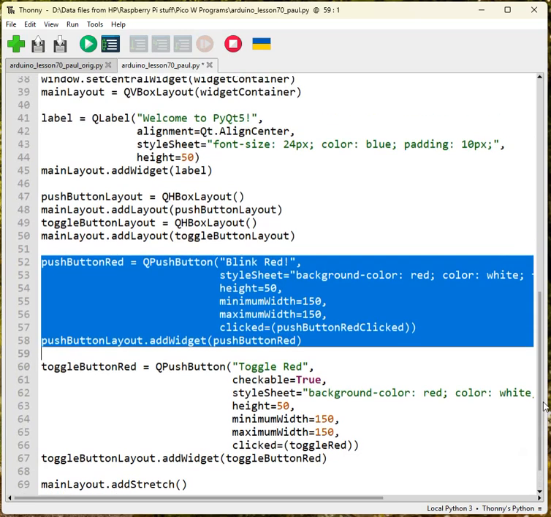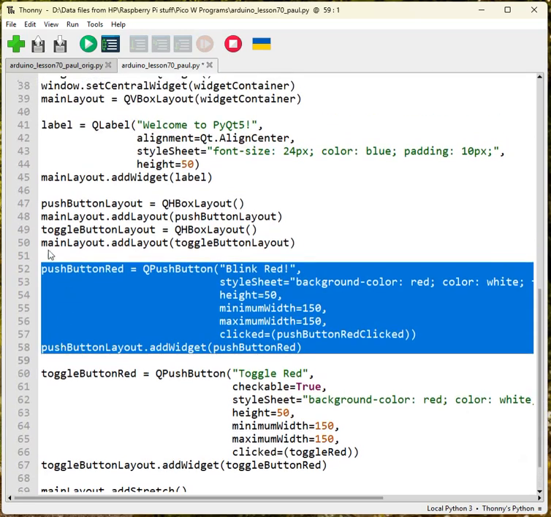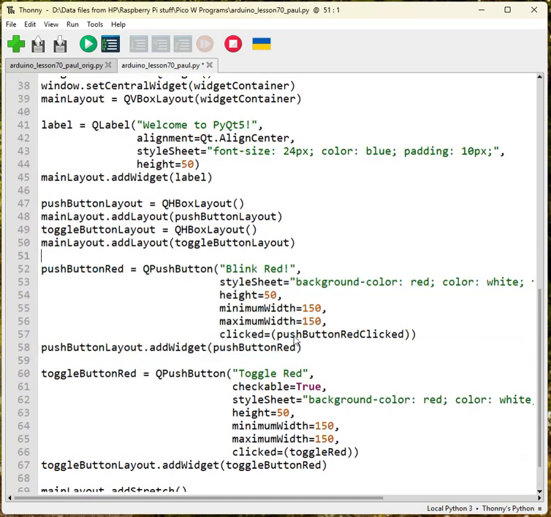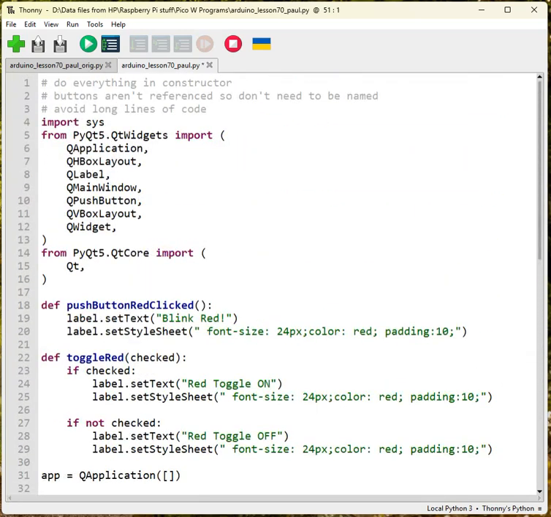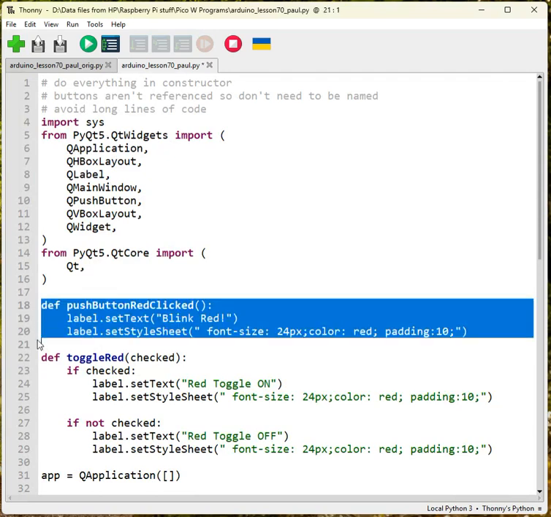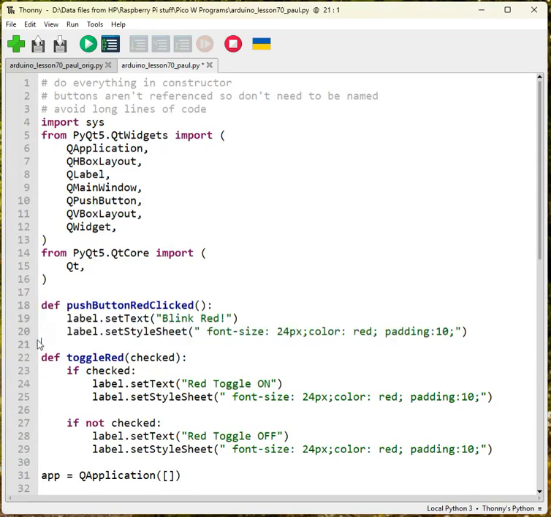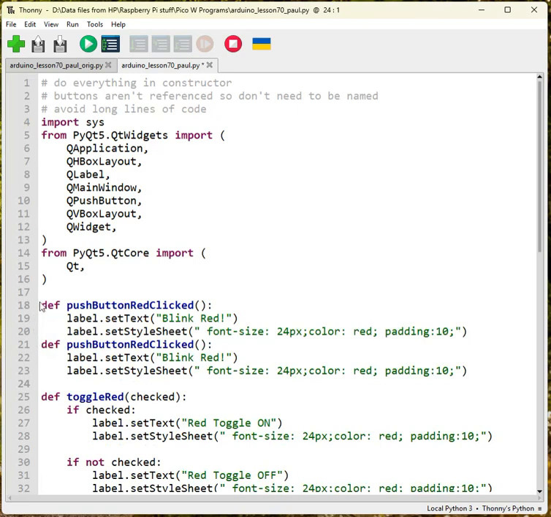So what you really want to be able to do is, instead of having this push button red clicked, change that to push button clicked. Actually I won't burn all my bridges, so comment out